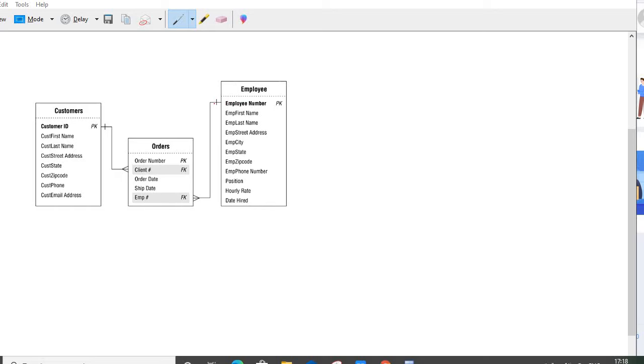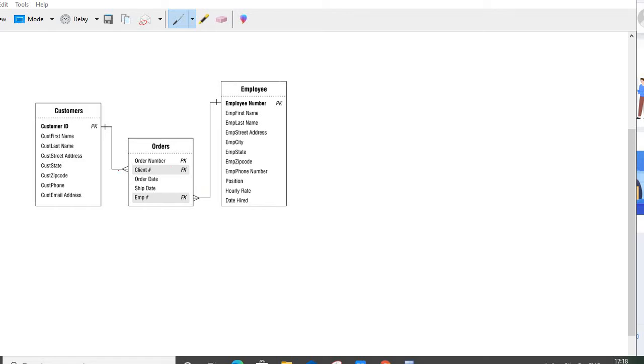Similarly, there will be some employee associated with this order, or we can say we must be able to identify which employee is going to handle this order. So if we see these two columns here in this orders table, that is client ID and employee ID, these are basically the columns present in the customers and the employee tables respectively.